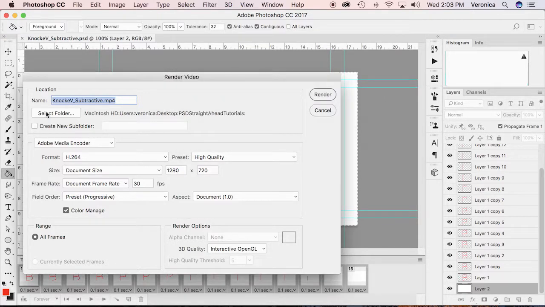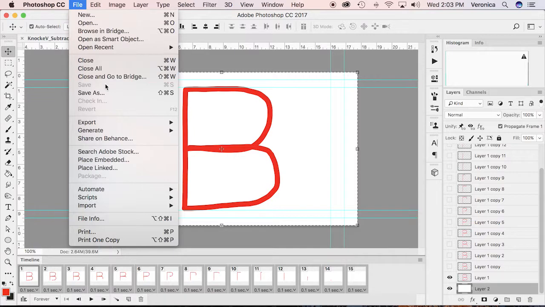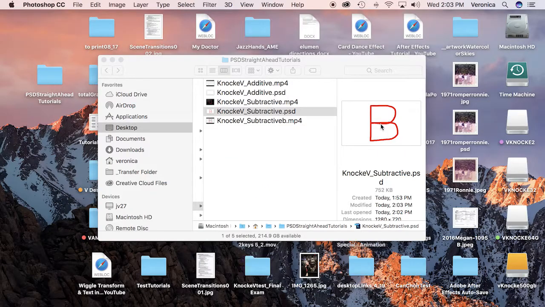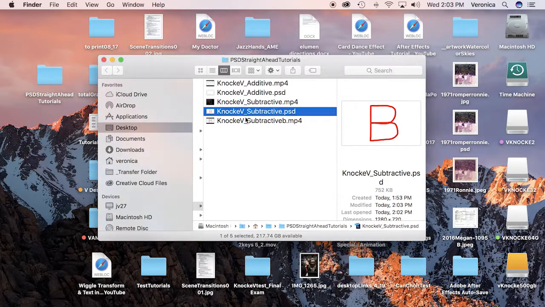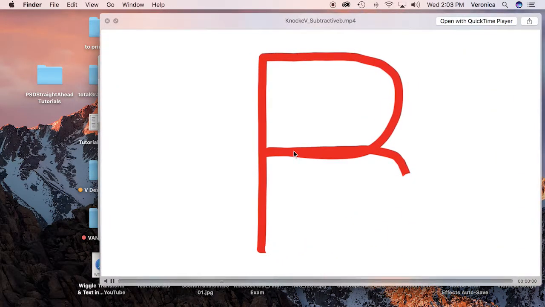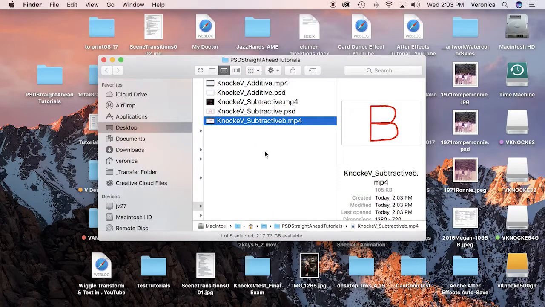Oh, cancel, we want to put a letter after this, so B. And let's render it because we don't want to overwrite, because you want to be able to see both of them at the same time. And that's saved, quit. And then we can see that we've got this white in the background as well. Okay,